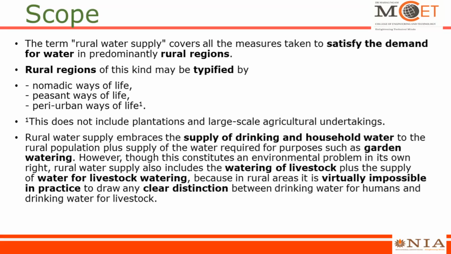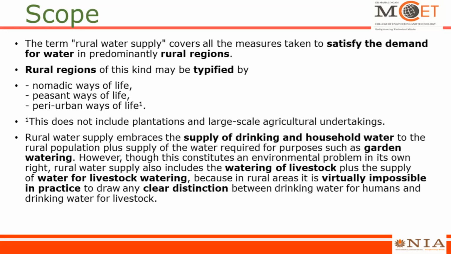Especially this rural water scheme actually is for people who are living in villages and remote areas. Most probably they're doing some farming sort of thing, right? So peri-urban ways of life does not include plantations and large-scale agricultural undertakings. Rural water supply scheme embraces the supply of